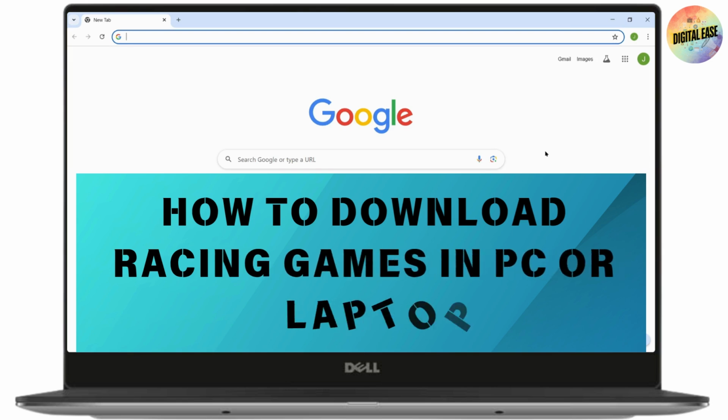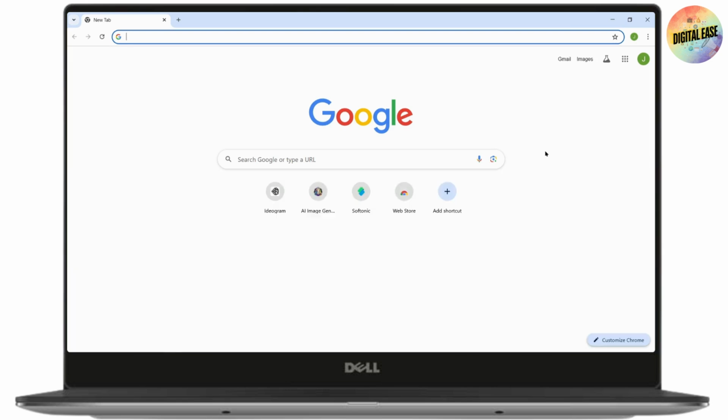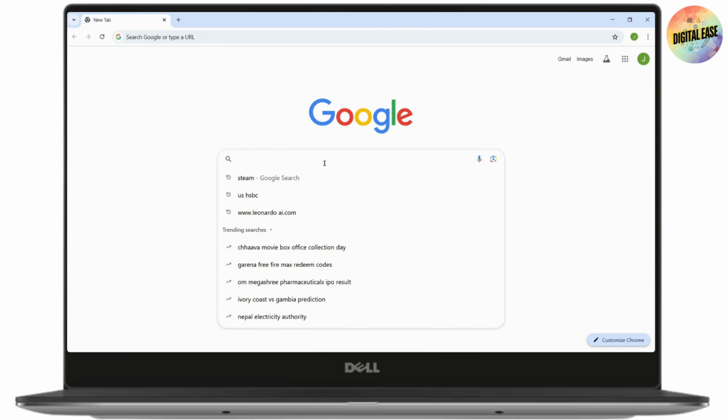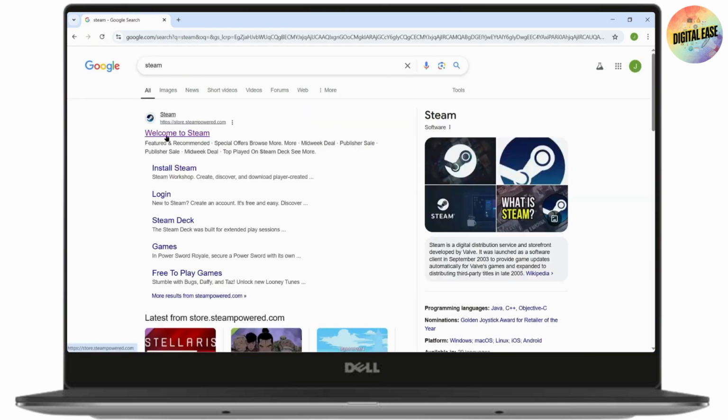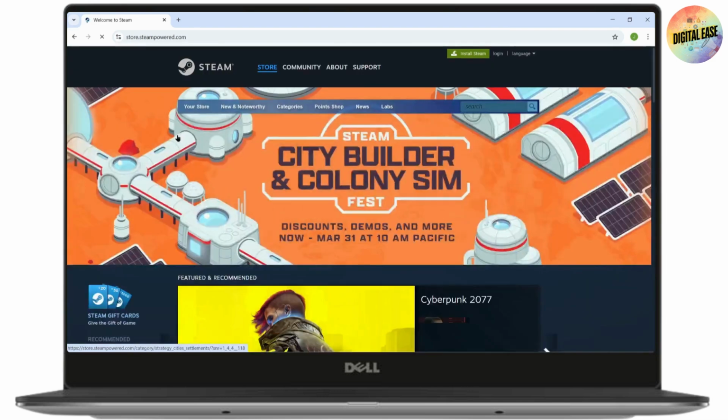How to download racing games in PC or laptop. So if you want to download racing games in PC or laptop, then first make sure that you have a stable internet connection. After that, you need to open up your browser, any browser that you're comfortable with, and then search for Steam. After searching, go with the first option, which is Welcome to Steam, and make sure to install